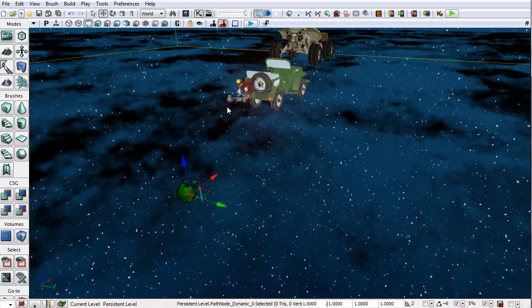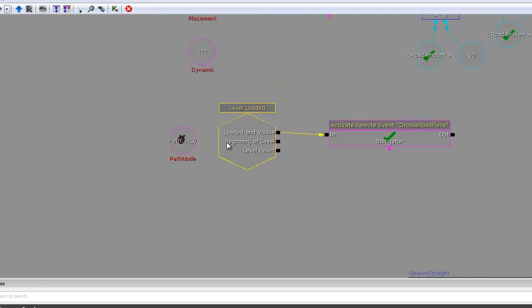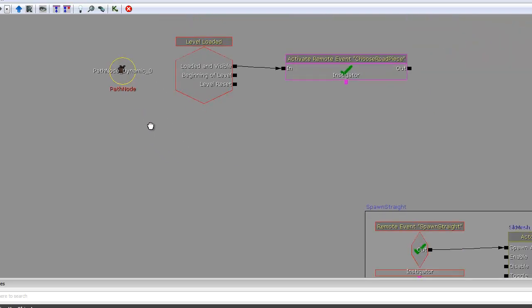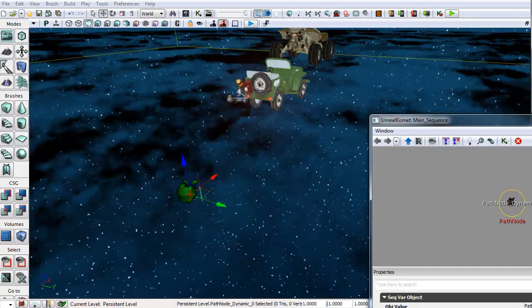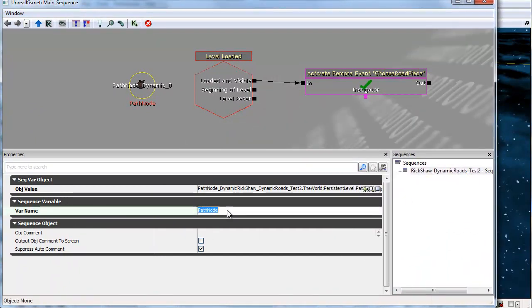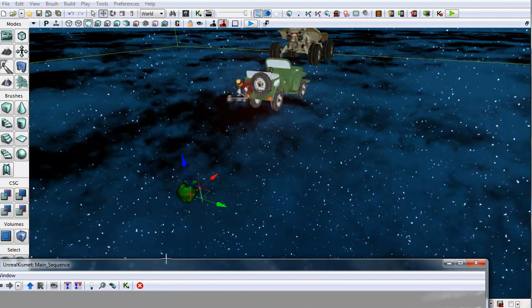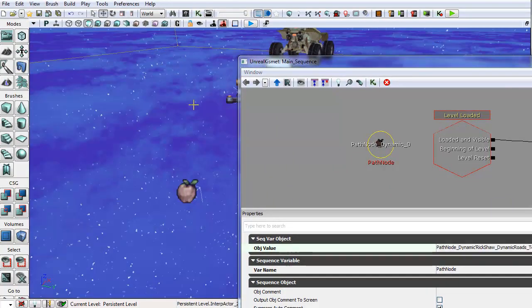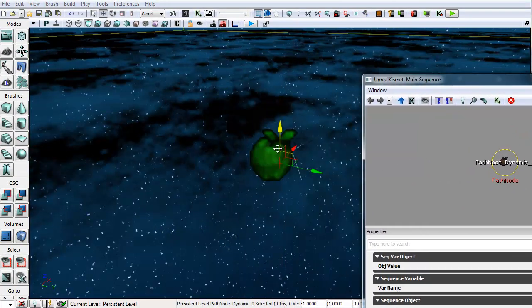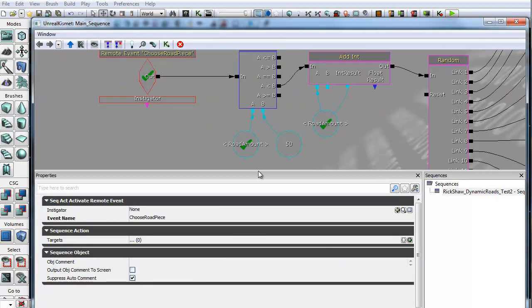And then in Kismet, the very first thing I did is add an object variable here, and I passed in the variable name, path node, and the value is this object here. If I deselect and double click this, it will select that path node. So I added that, and on level loaded I activated a remote event of choose road piece,